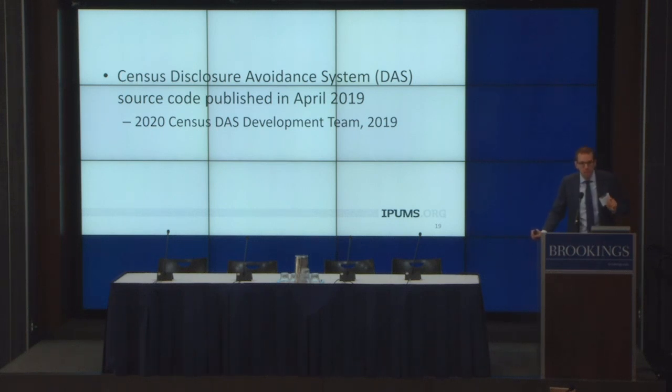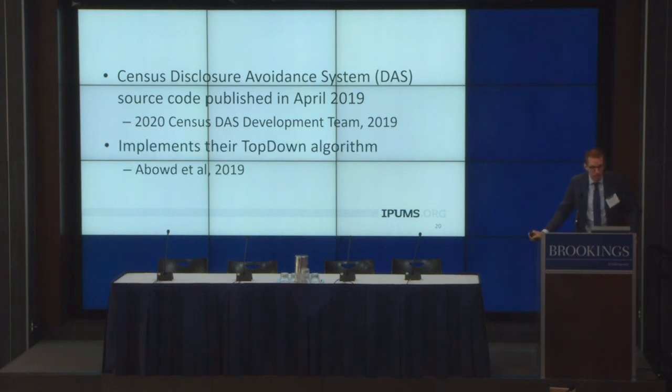So the Census Bureau published their source code in April of 2019. And so it's all Python based, and we downloaded it and set up our own Amazon instance so that we could run the software ourselves and modify the parameters that we could to see how modifications impacted the accuracy of the output data. And it implements their top-down algorithm, which works for person-level tables, so age, anything that's a person-level